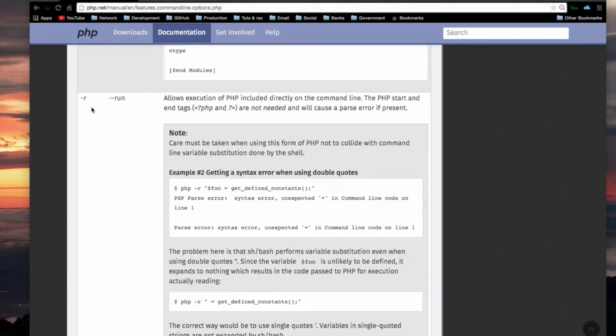This is a continuation of the previous video about the options for command line in PHP. The -r or --run allows execution of PHP included directly on the command line. Like this: php -r, and then the value of r, or however you want to look at it. The value for that flag or option, which is in a string, is a PHP statement, or could be several